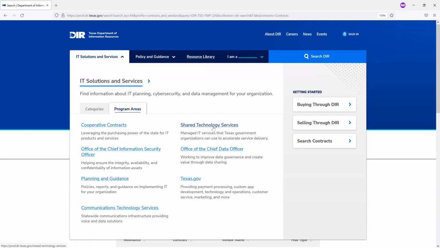Our telecom, this is where you're going to see all of your information for TEX-AN or CCTS, the Capitol Complex Telephone System. That may not be relevant to everybody, but that is something that we want to have information out there on.